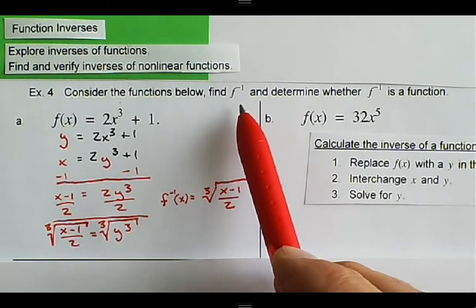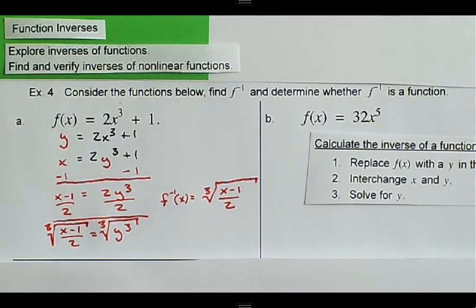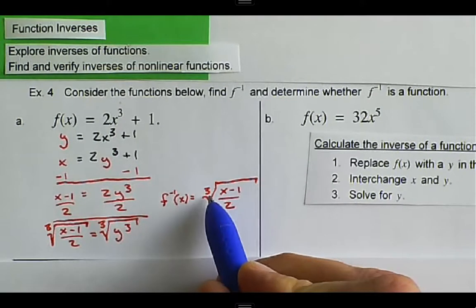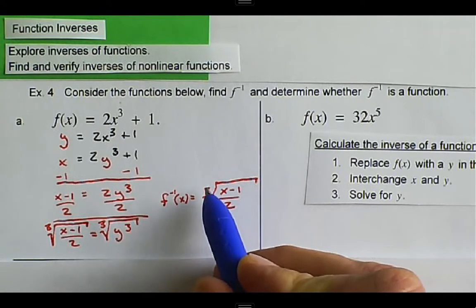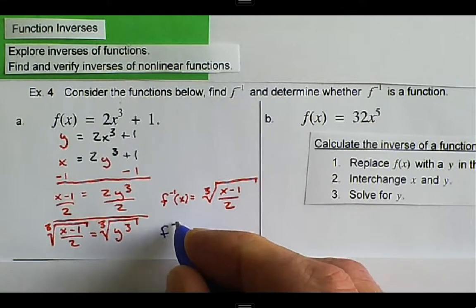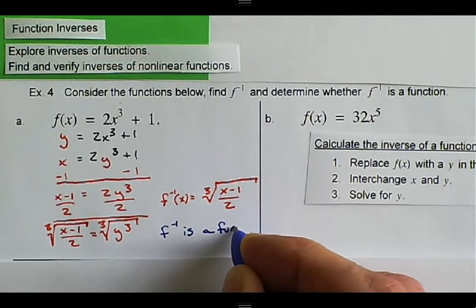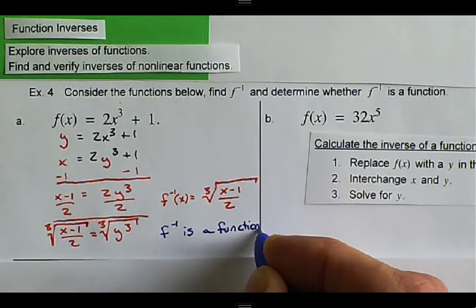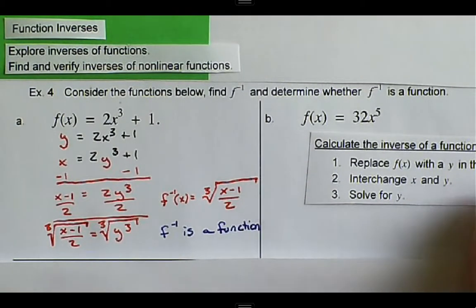So we found the inverse, and then we determine whether the inverse is a function. In this case, the inverse is a function because we're taking the cube root. It's an odd radical here, so this is a function. We can take a look at the example here